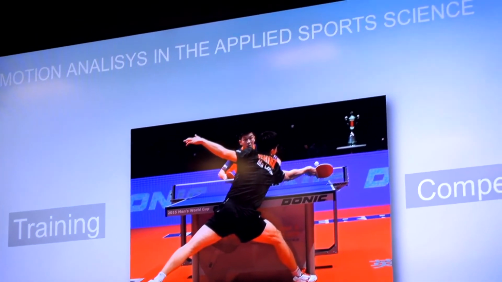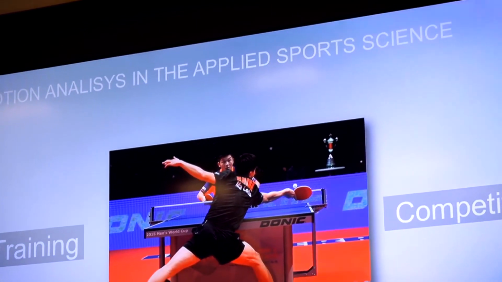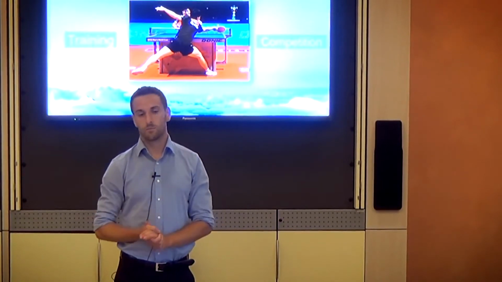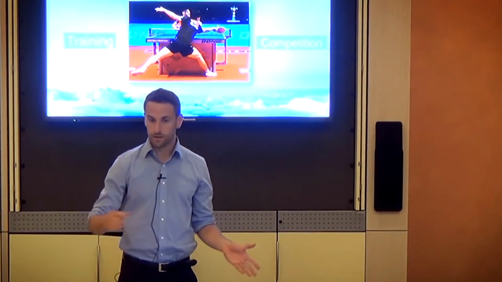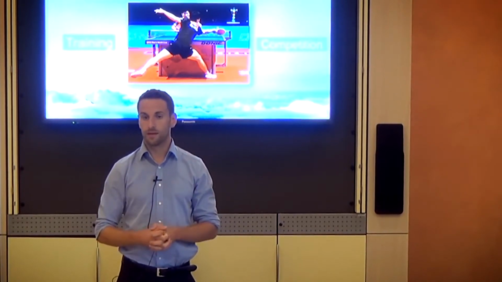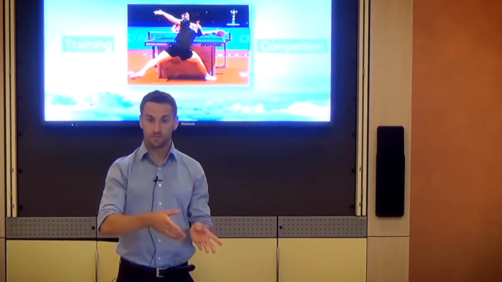If you are going into applied sports science, we have two areas where we want to get information out. At first, in training: how good is our athlete at training or performing a specific way of moving? We have many methods here. We can go to research institutes and biomechanics labs, or we can use just a video camera to get out the information.